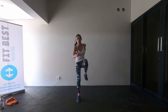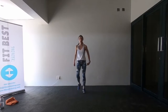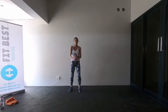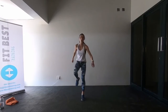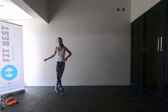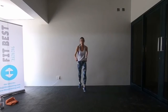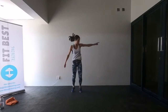Lift, 2 squats, hip, right leg, 4, 3, 2, right 5. Hip, side mambo, knee lift, 2 squats, hip, left leg, hip, side, mambo, knee lift, 2 squats, hip, right leg,